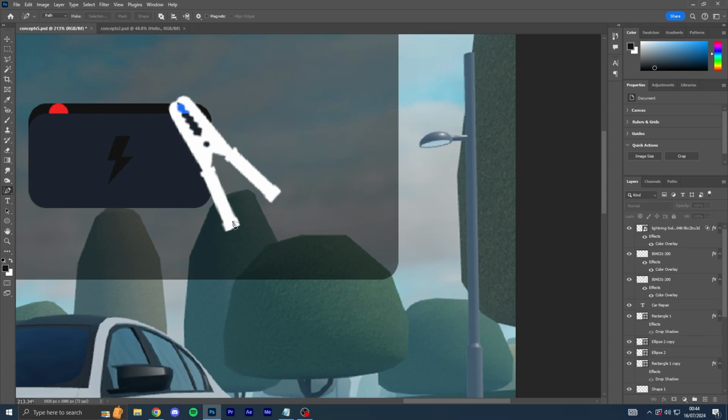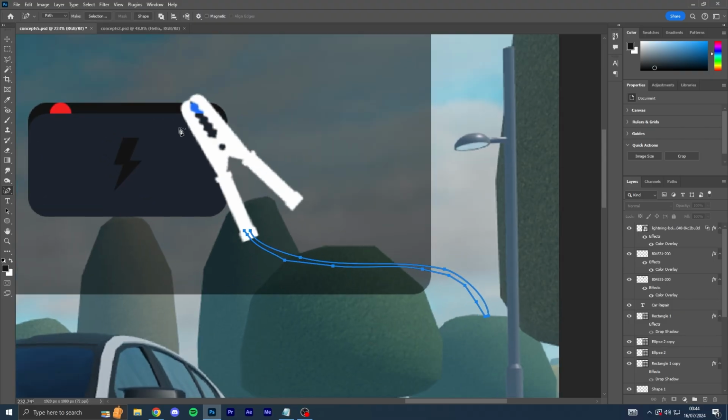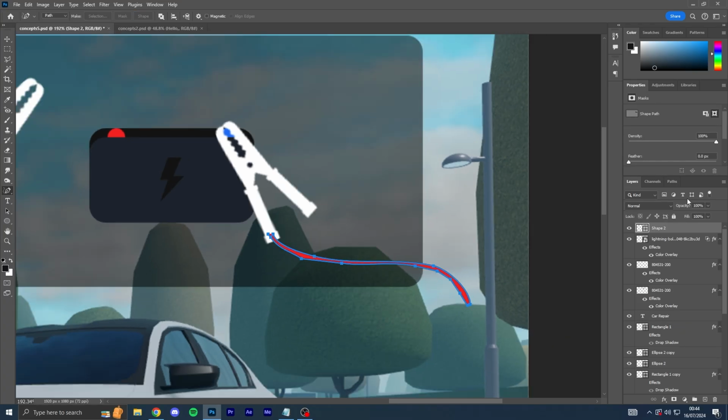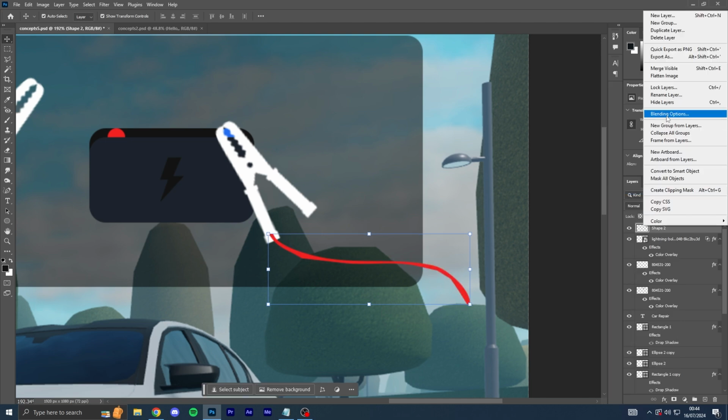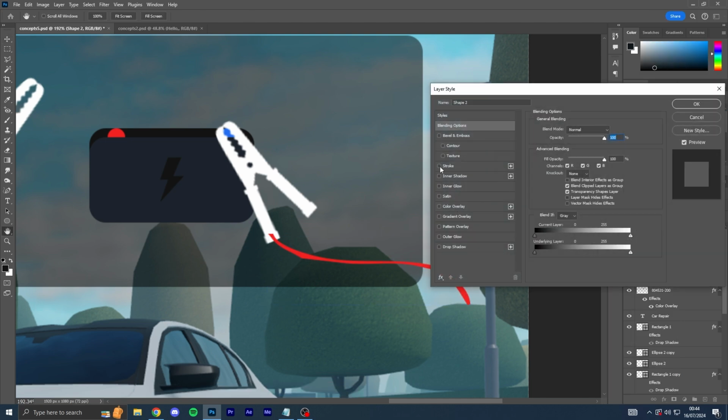Hold on, let me do that again. I don't know why I can't just do a single line. They force you to join it up, but there you go. Shape, and I'll make that one blue. So yeah, it's gonna be really nice. I'm quite happy with how this has gone. This one is pretty nice.